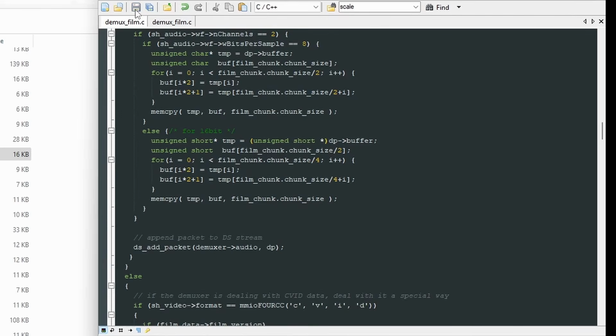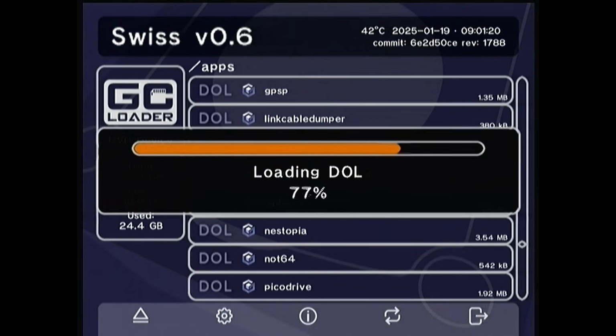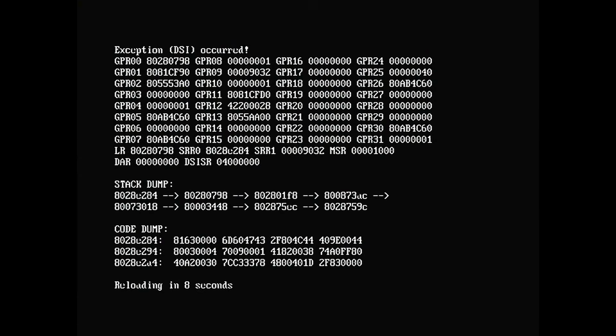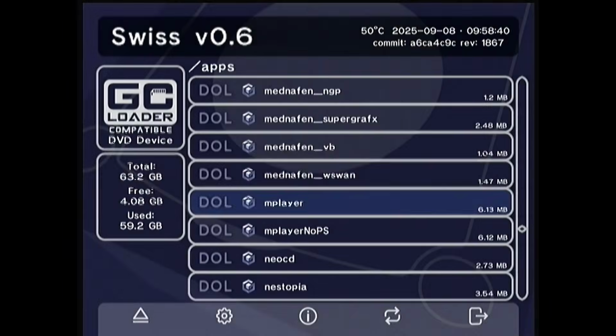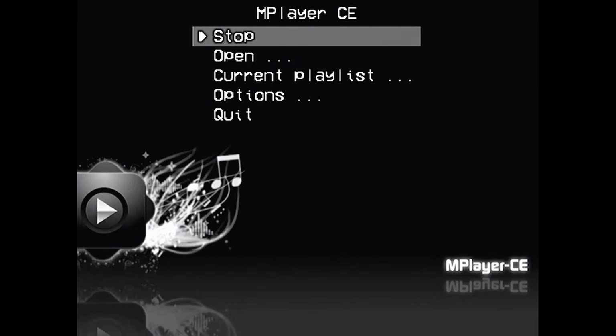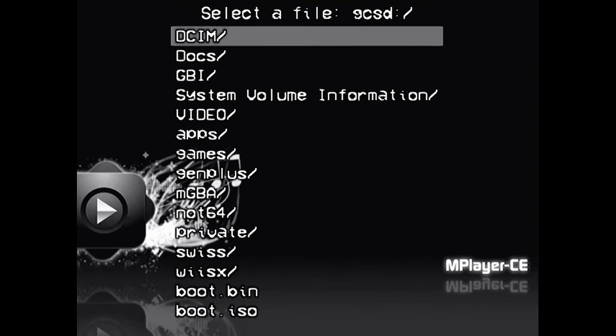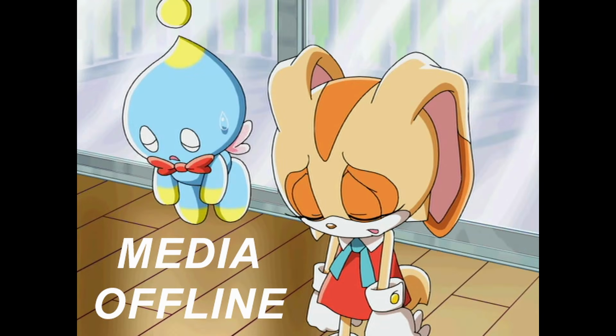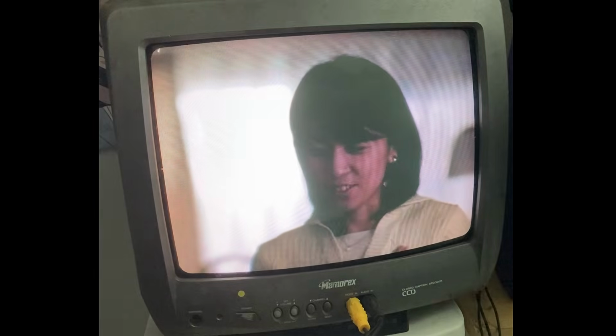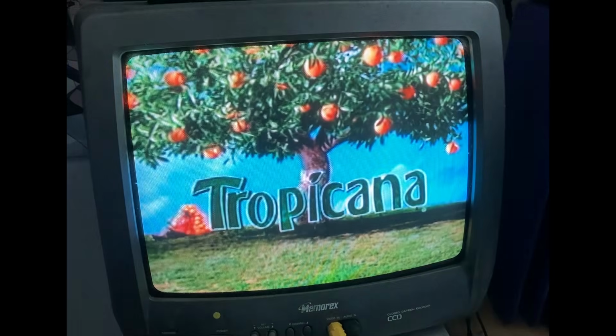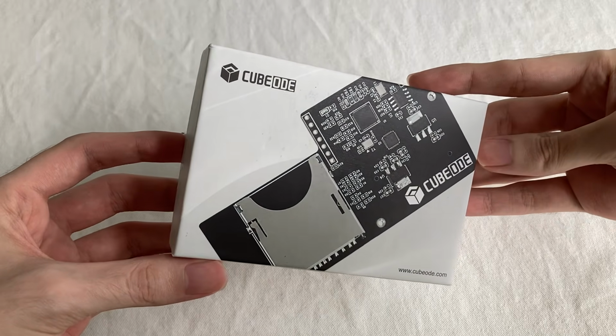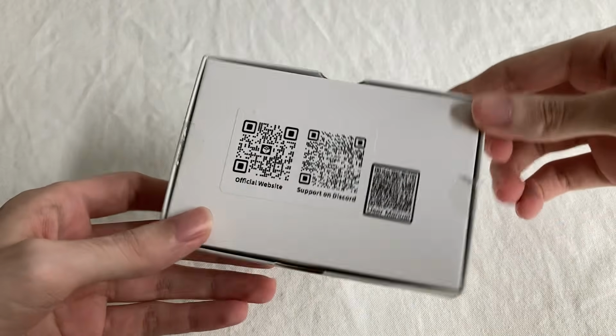Even after successfully building it, there were many failed attempts that look like this. But eventually, once every little thing was accounted for, it started to boot up correctly. You can look at the GitHub page to find out just how many changes were required. So moving on, about 3 days later, I finally had a usable build of MPlayer that is 100% compatible with my GameCube's optical drive emulator, the Cube ODE.